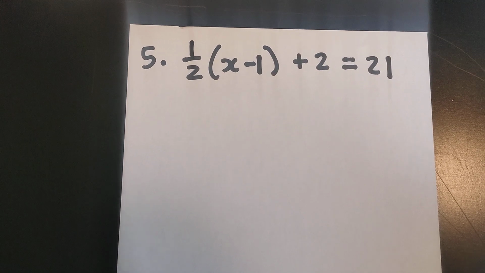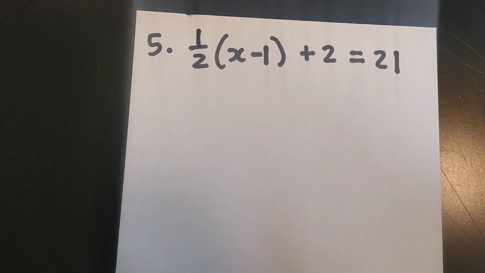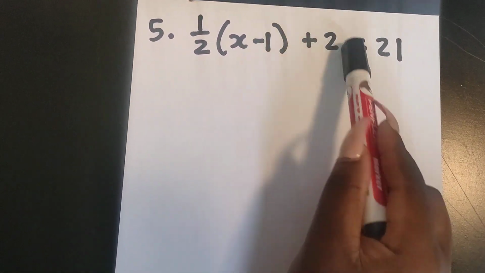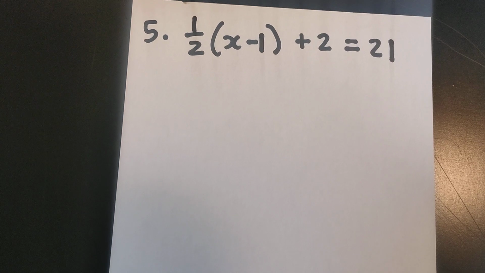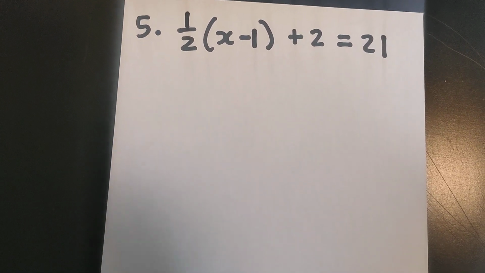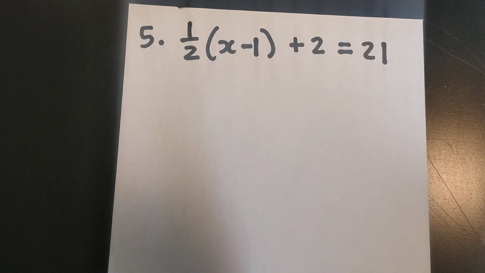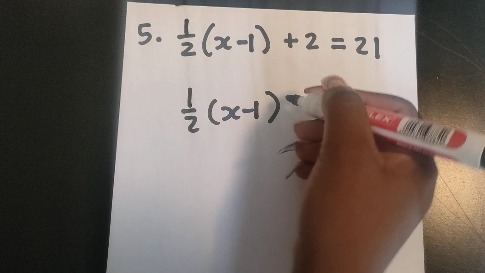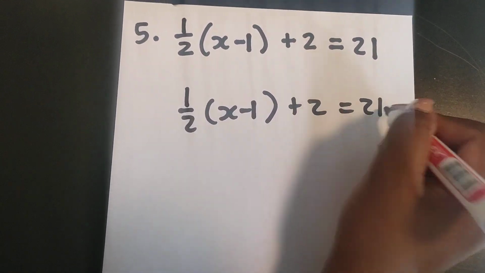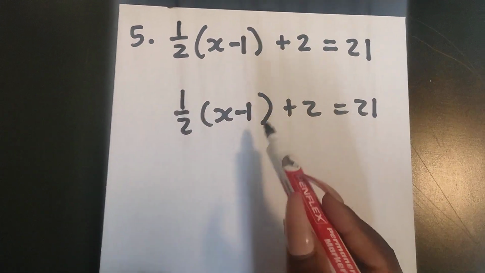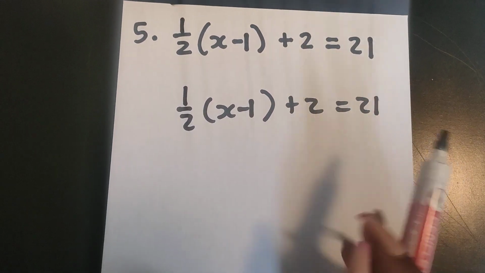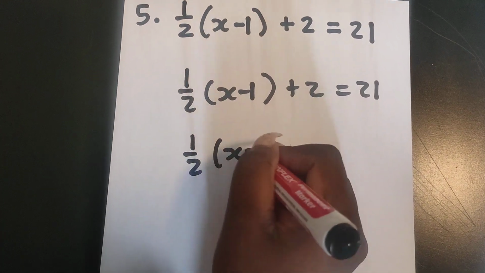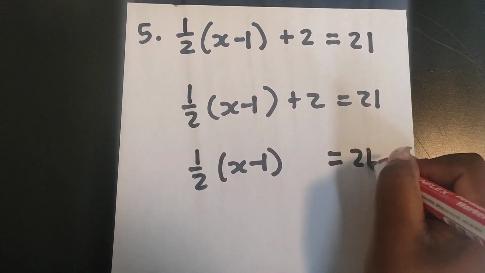So I decided to add a bonus example, which is kind of similar to the one that we just did, number 4, but I just added a 2 here so that you can see how differently you would approach each question, right? So now let's just write this down as is. 1/2 (x - 1) plus 2 is equal to 21, right? So what you're going to do here is transpose this 2 first and be left with this term as your unknown, right? So it's going to be 1/2 into (x - 1) is equal to 21 minus